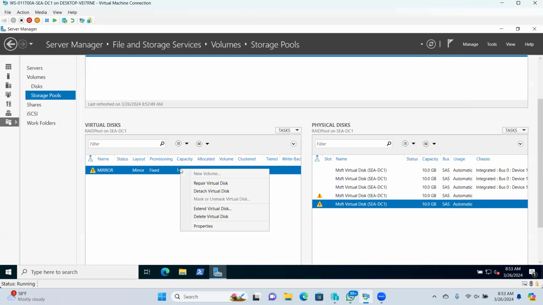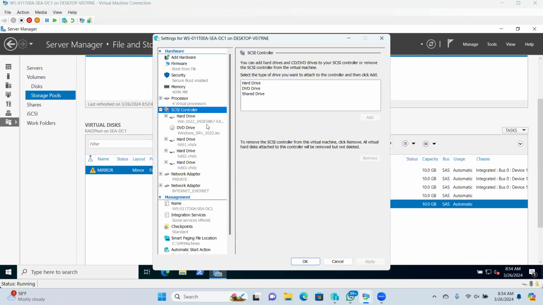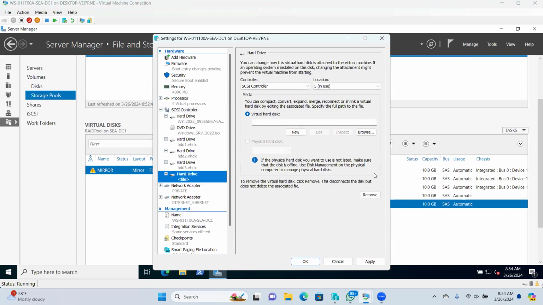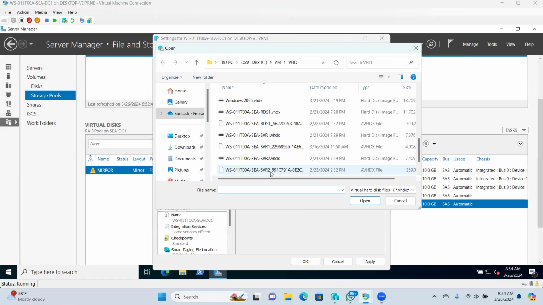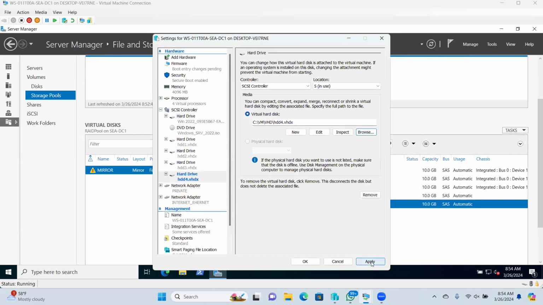So here we can see repair virtual disk, right? Yes. So this repair virtual disk is going to repair all of their physical disks. But let's suppose somehow their connection is loose. If the connection is loose, it means nothing, right? So here we can add that existing hard disk, for this 4 and this 5. So this 4, okay, apply,